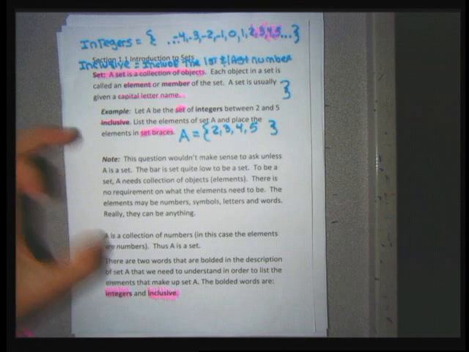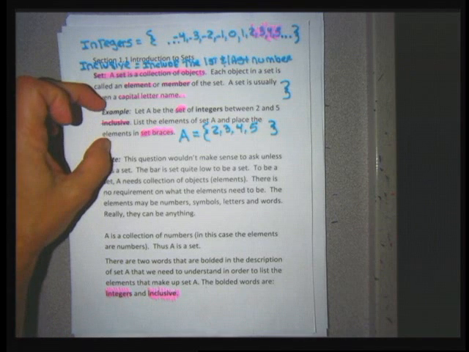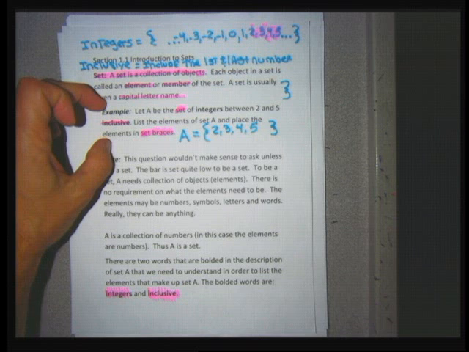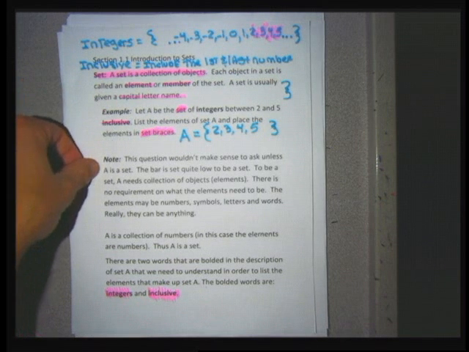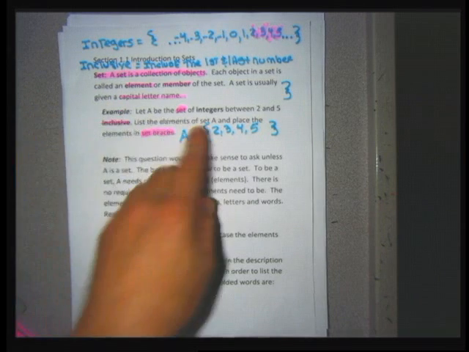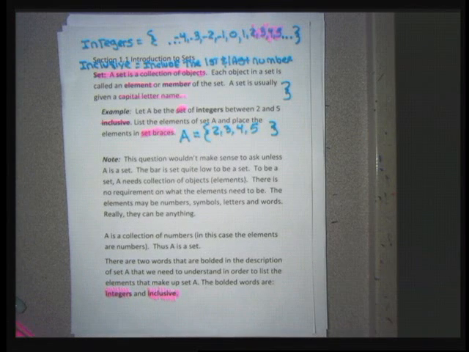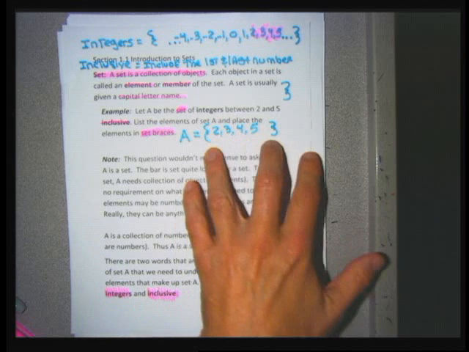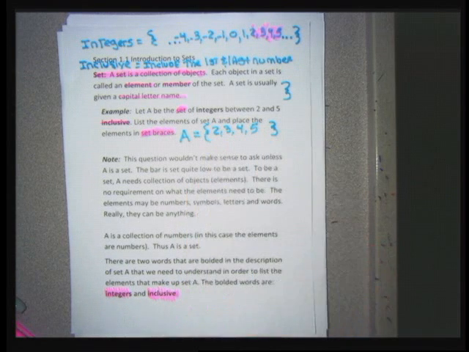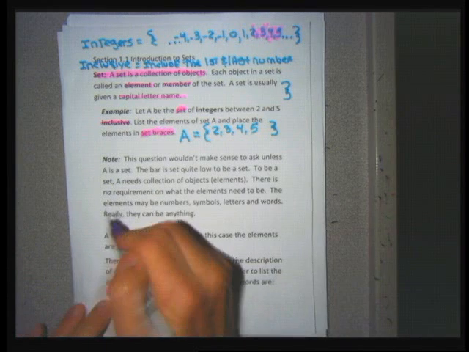A lot of what I write after this I've probably already said. In this little paragraph here, it says, let A be the set of integers between 2 and 5 inclusive, list the elements of set A. A needs to be a set for this question to make sense, and really it's easy to become a set. Any words, numbers, or letters that you put inside of a set brace would be considered a set. So this would be considered a set B. So I could say the set B